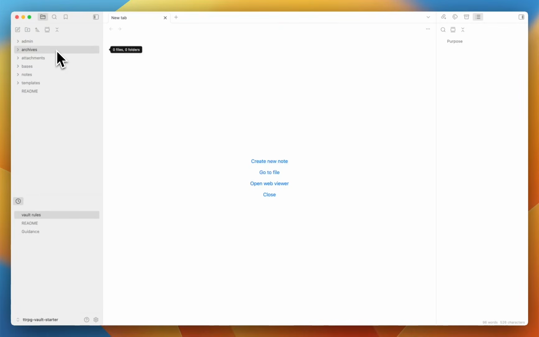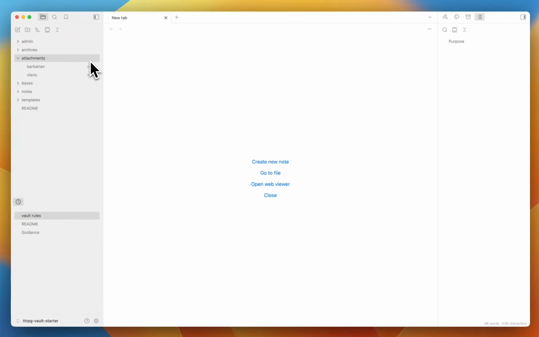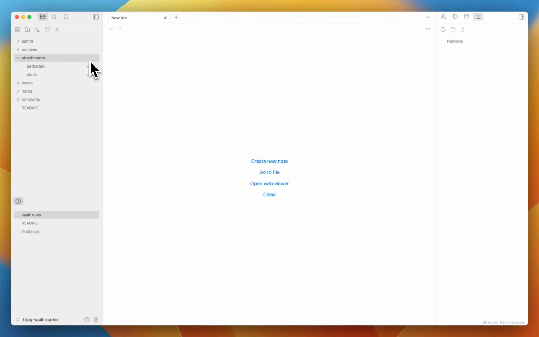The archive folder is basically only used for files I don't think are necessary anymore. So I just move them to the archive folder. And after a while, if I didn't think about those notes, I simply delete them. So it's just in between deleting the notes forever. I'd rather be a little bit more prudent, and that way, when I do any search, I can also exclude the archive folder from any search result, which can be really useful. Okay, the attachment folder is basically where I put all my images, so it declutters a little bit the space of